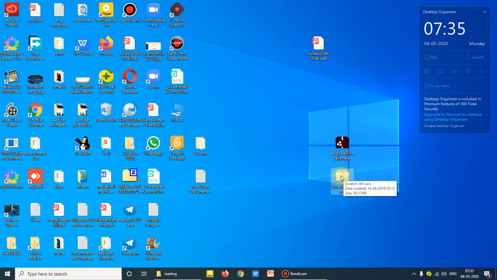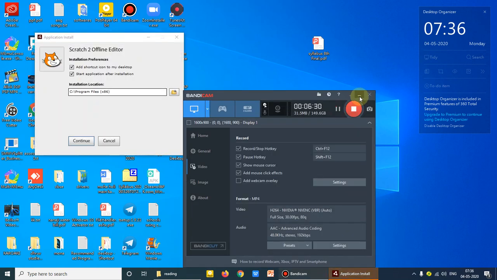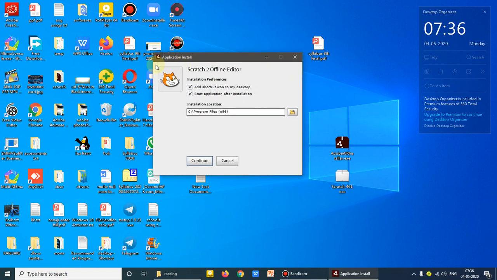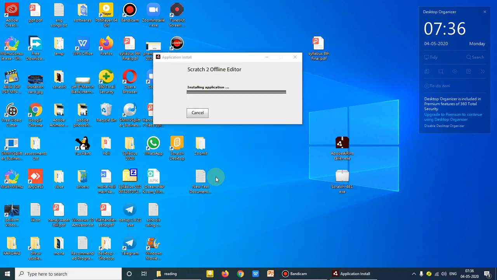Then the Scratch. So I'll double click on this. It will take a little time. This application install dialog box will appear in front of you. So click on continue. So it is installing the Scratch offline editor.